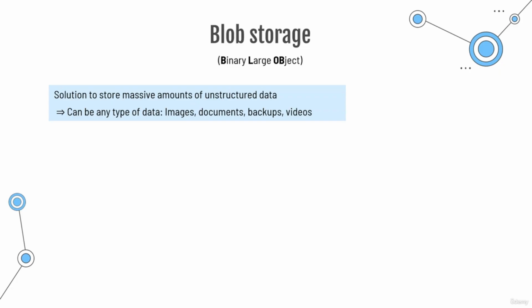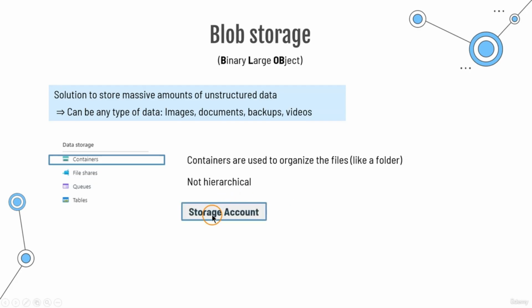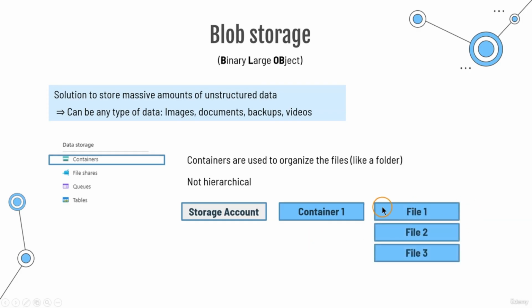That means we don't have a very organized table in a database, but we just put the files in so-called containers. A container is like a folder, and we use that to organize our files. So we can create multiple containers and put different files in these containers. We can see this is also the name of the service in our storage account. But we have to remember that a container is not hierarchical. This means we have our storage account, we can create one or multiple containers,